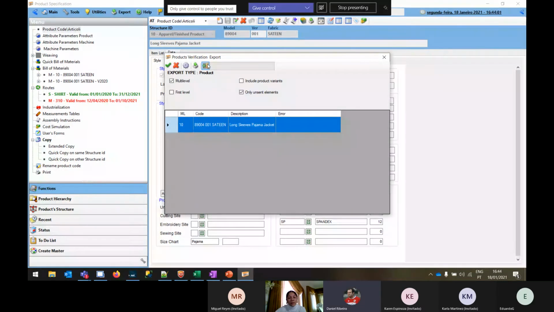Okay, let me see if I understand. You want to understand if your raw materials are already created in the system. Yes. Okay, give me one example. Okay, if you are creating a new garment, for example, then we need to include some planning parameters,